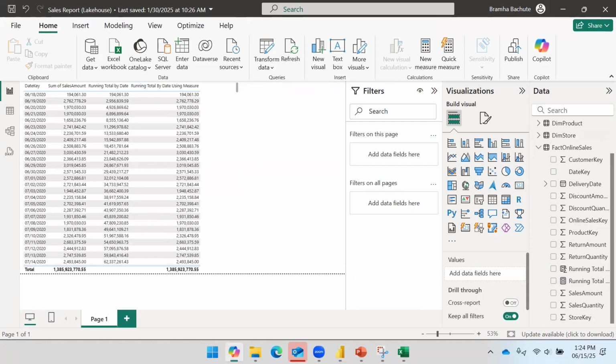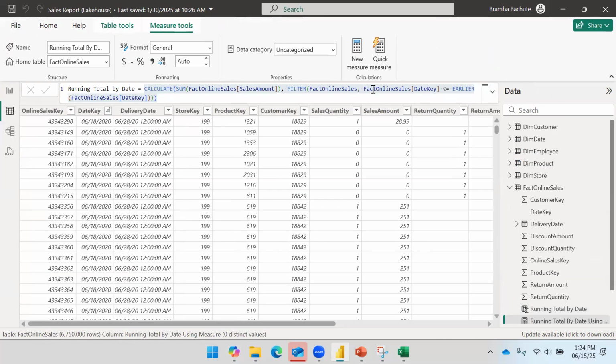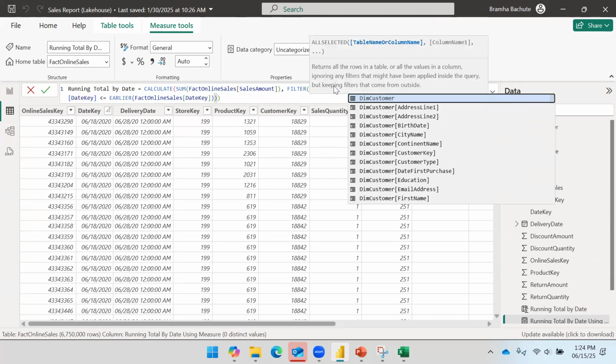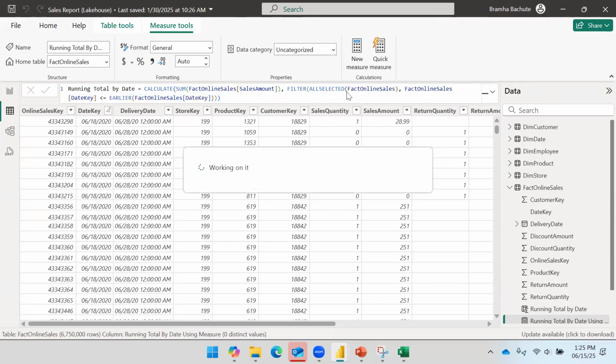So we need to use the filter modification formula here, that is called ALLSELECTED. So we will see why we need to use that. Okay, so if I use ALLSELECTED in the measure and I cover this table and hit the enter button,